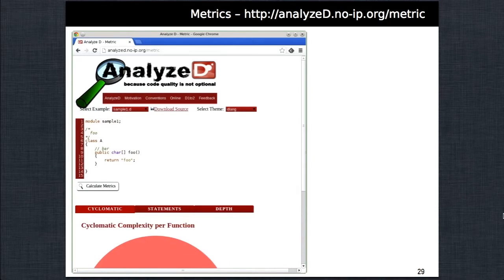And this is also available on the home page. You insert your code, and then you get a diagram of the functions you have, and you see, oh, this function has cyclomatic complexity of 5, and the other one 2, and one is 20, so maybe you should refactor the 20. The function with the 20 cyclomatic complexity has the most statements, or is just too deep.